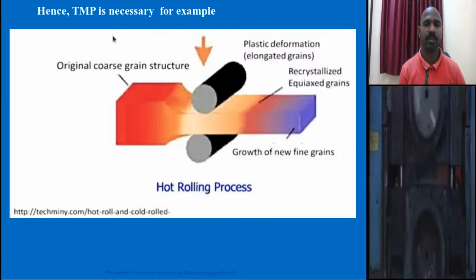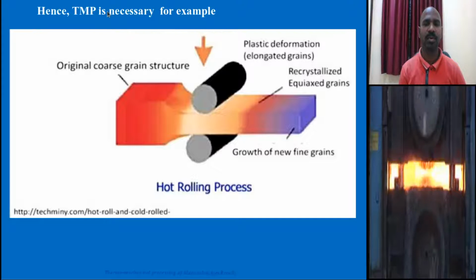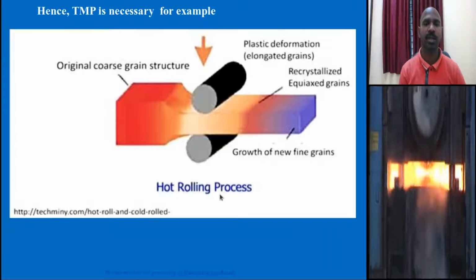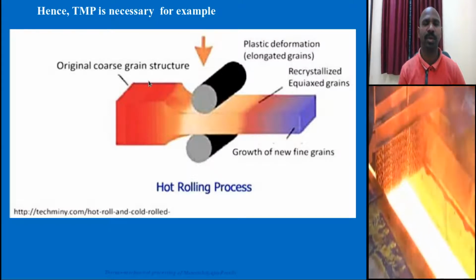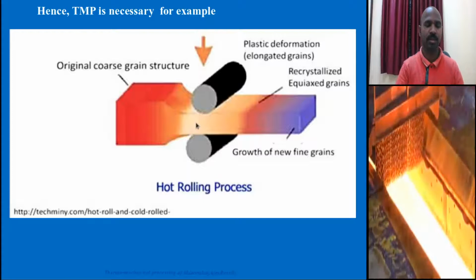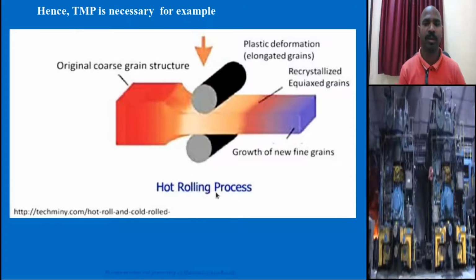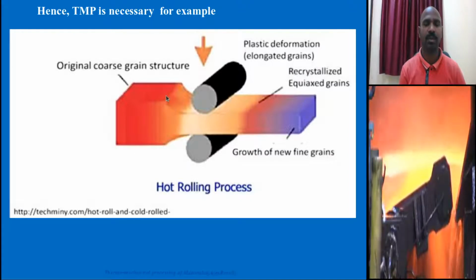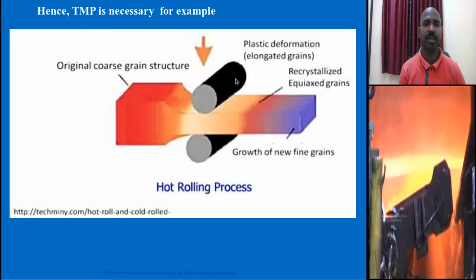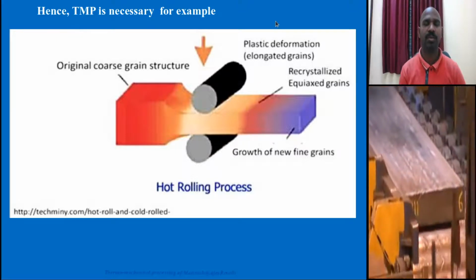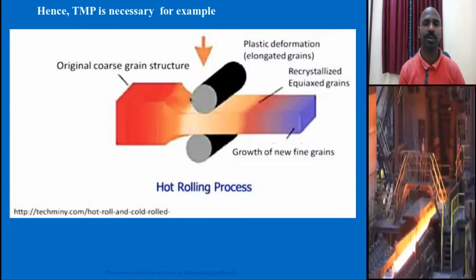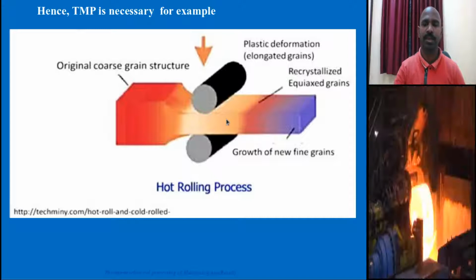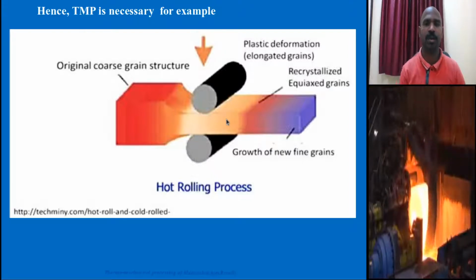You will choose a process called thermomechanical process, such as the hot rolling process. After casting, the as-cast structure has a coarser grain structure. Once you choose this hot rolling process at a temperature, at a fixed strain rate, you will see the cross section is changed. Hot rolling is nothing but plastic deformation. Subjected to the plastic deformation, the grains are elongated. Interdendritic grain structures are converted into elongated grains.